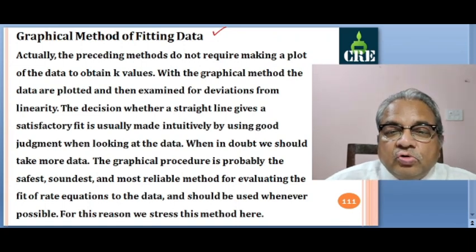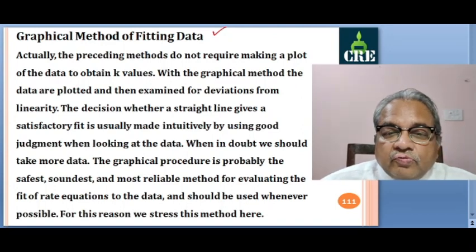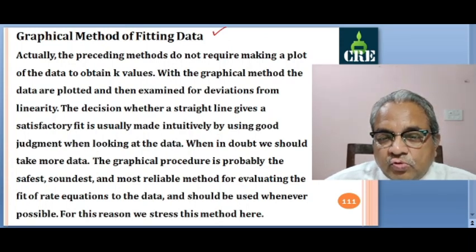So earlier methods do not require making a plot of the data to obtain k values. With the graphical method, the data are plotted and examined for deviations from linearity. So here you draw the best fit line. The decision whether a straight line gives a satisfactory fit is usually made intuitively by using good judgment when looking at the data. So you have to draw your best fit line properly,